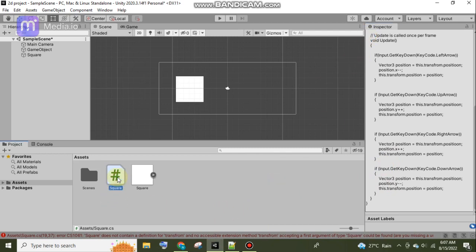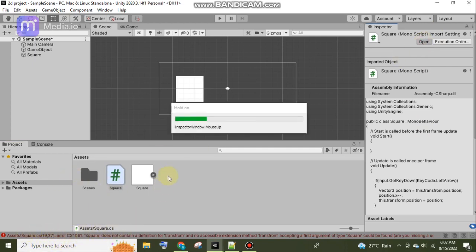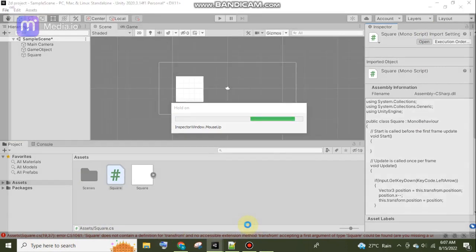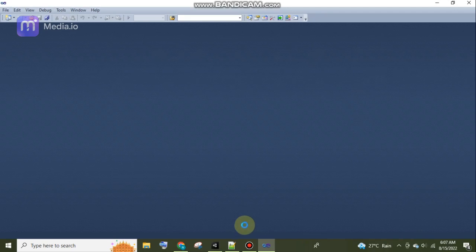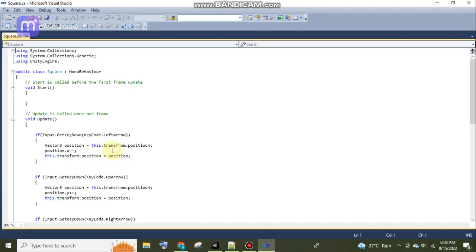Again I select my square script, and I open the same script in my Visual Studio editor. So now it is getting opened. Okay, now you can see the code is open.